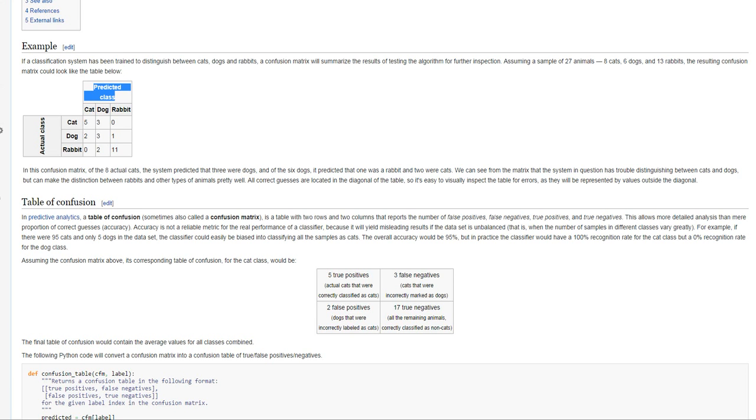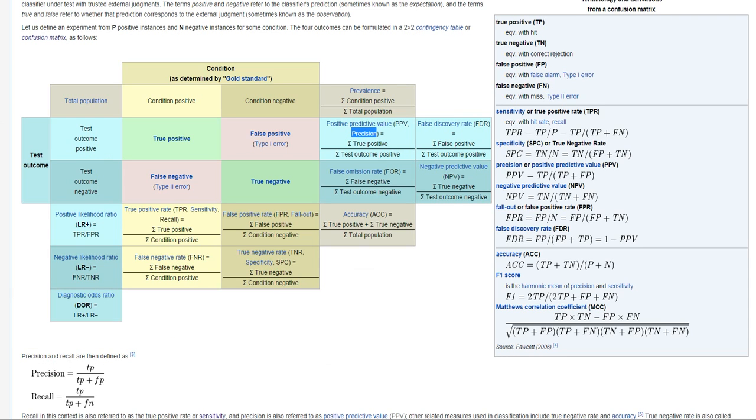In our other examples, we'd have our actual here, and on the left-hand side here, we have our actual in our other example, and then you can see how it changes it. So up on the upper left-hand corner, we have our true positives. Here we have our false negatives, our false positives, and our true negatives, and you can map them back and forth. I kind of like this because this one gives us so much information,